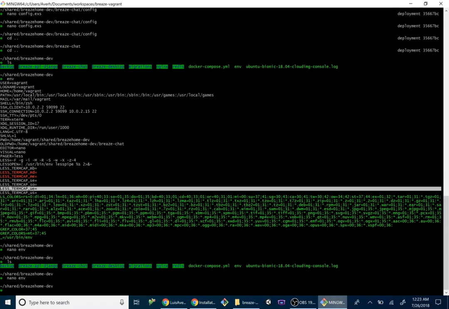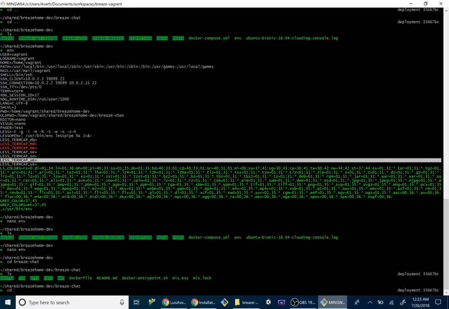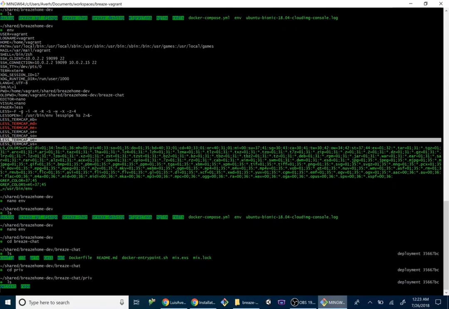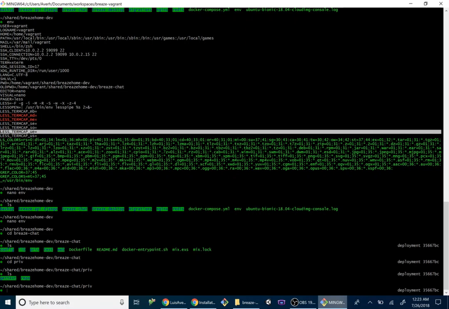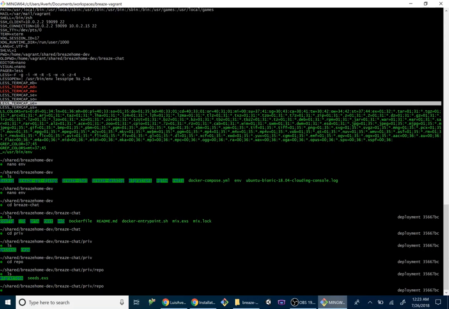So with that out of the way, if we go back to the Breeze chat, to continue where we left off, priv houses three folders, but one of them is not necessary because the chat acts as a JSON API and doesn't serve any static assets; that is being held by the Breeze home desktop. So what you're going to want to look at is repo, and this folder